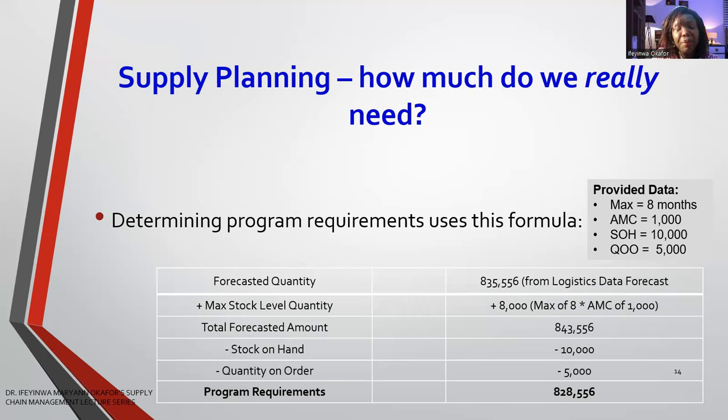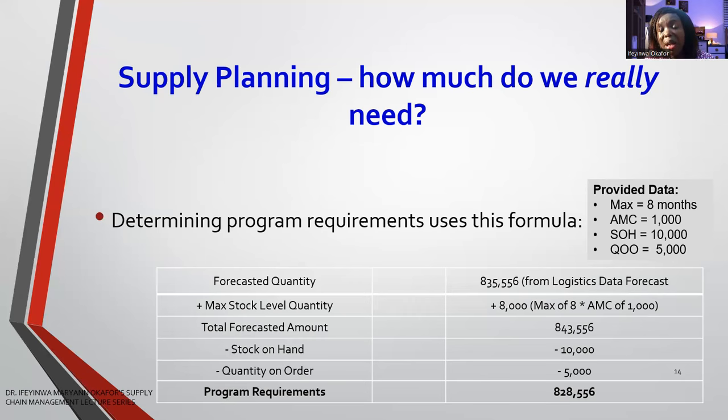843,556. Now the next thing you do is what? Minus stock on hand. Our stock on hand here is 10,000. So we minus stock on hand, 10,000. When we do that, we also subtract quantity on order. Our quantity on order here is 5,000. When we subtract 5,000, we now arrive at program requirement. So when we subtract, what we now have is